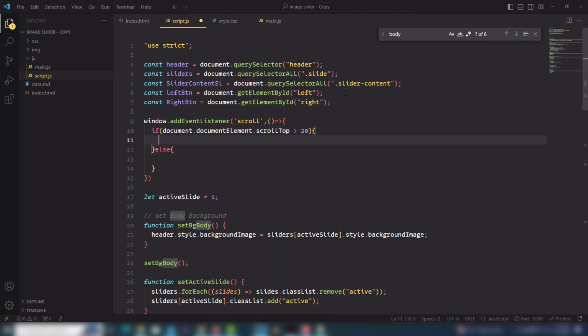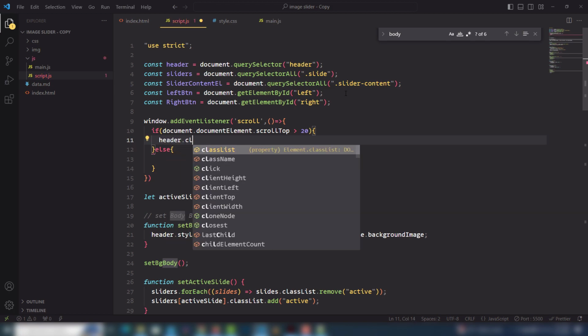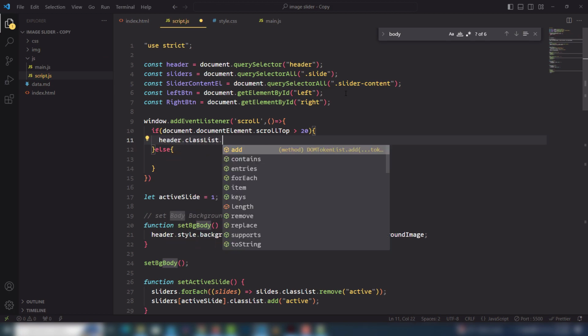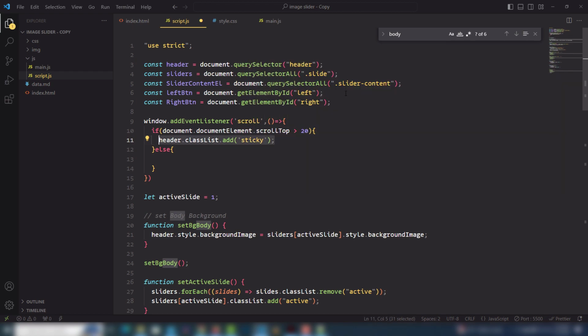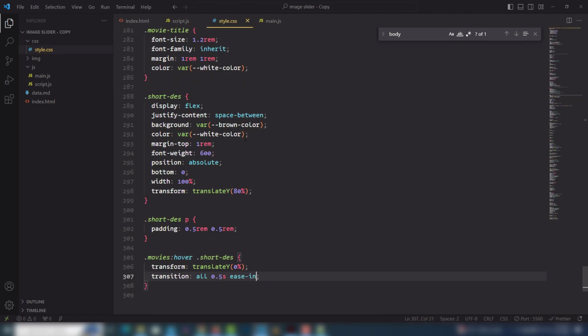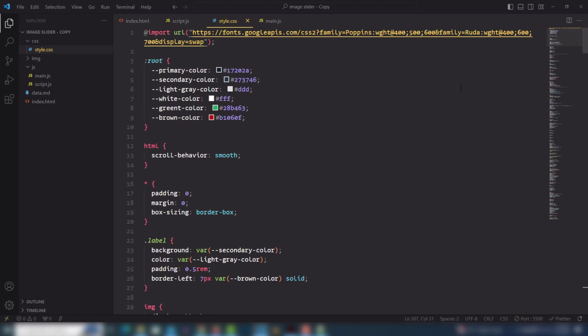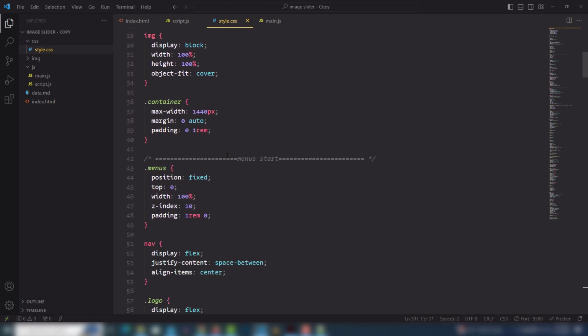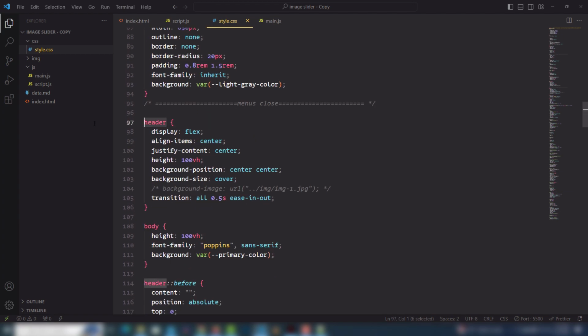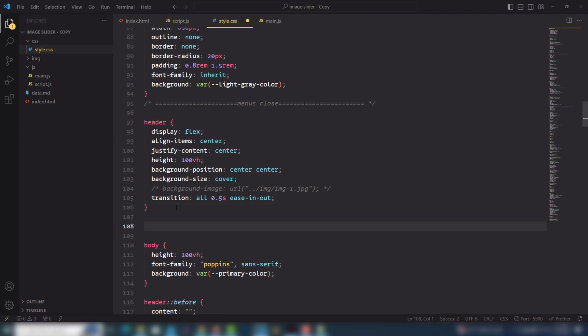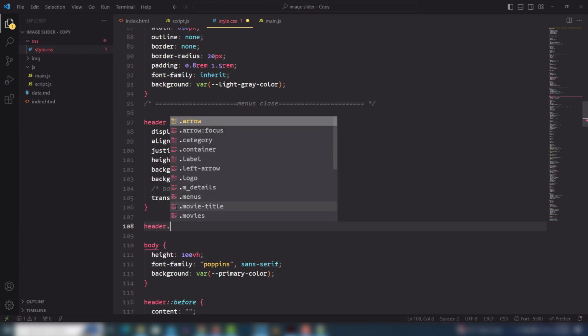In the if statement, I need to select my header tag. Use classList dot add dot sticky. You can write any name as you want. So I'm going to get that and paste it there. Inside that I need to remove that. So I need to get this one. I go to style.css, and in the style.css I need to select my header tag like there. After that I need to select the header dot sticky,